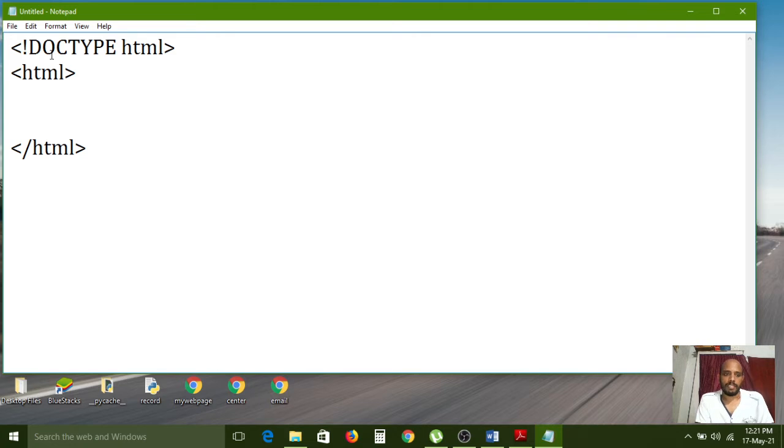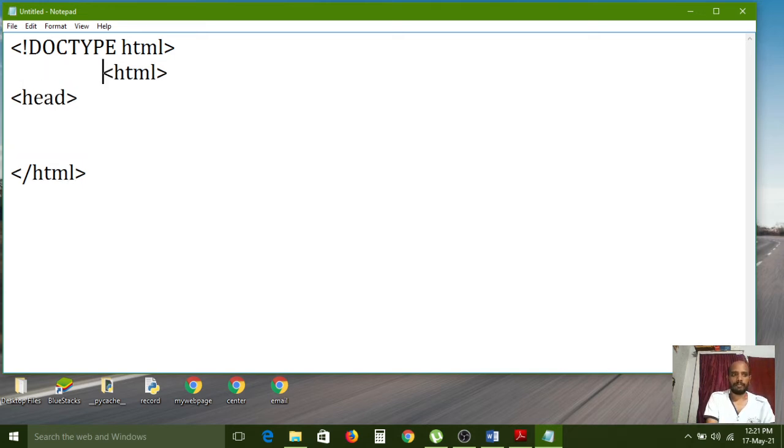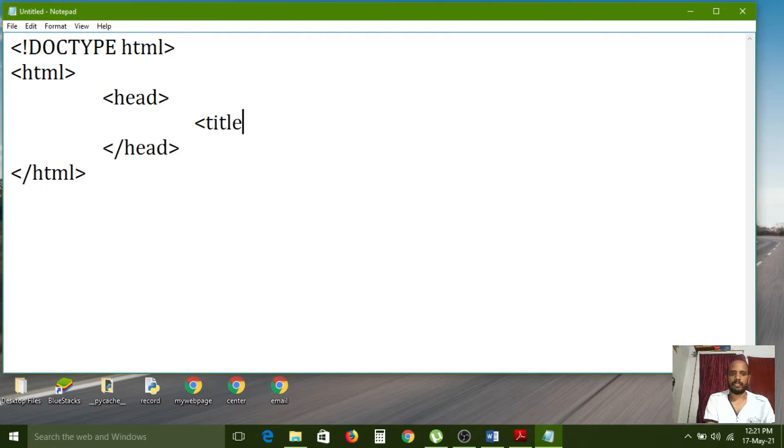Now we have to see. Doctype is the HTML version indicating type, and HTML is the root element. Now head tag open, and also head tag close. I am giving the title tag to give the web page title.